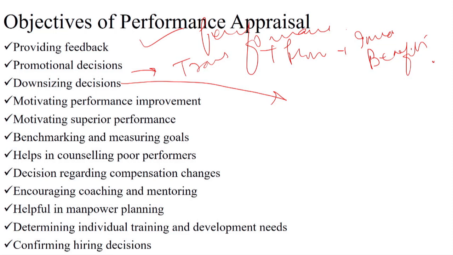And the performance appraisal system also helps us in deciding that the most productive and efficient people are to be retained in the organization. One has to bear in mind the key point of performance appraisal is that it helps us identify between the productive and the unproductive employee, or the efficient and the inefficient employee. So those people who are productive and efficient are the ones who have to be retained in the company for future productivity, and the others have to leave the company.